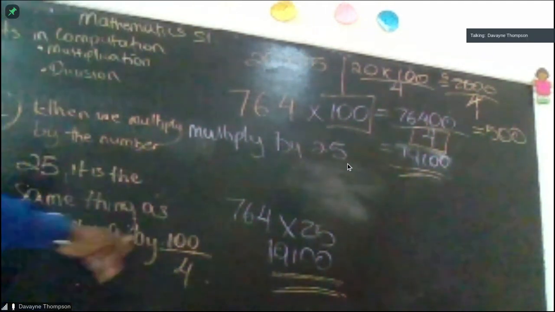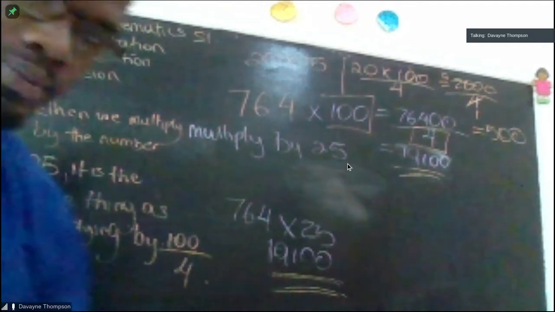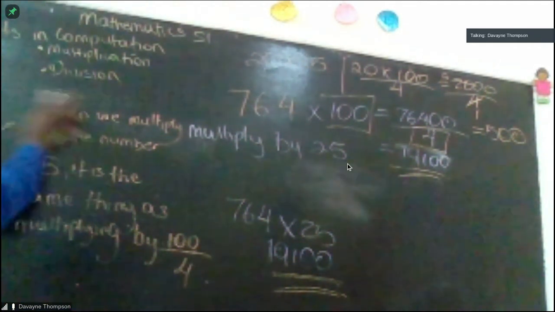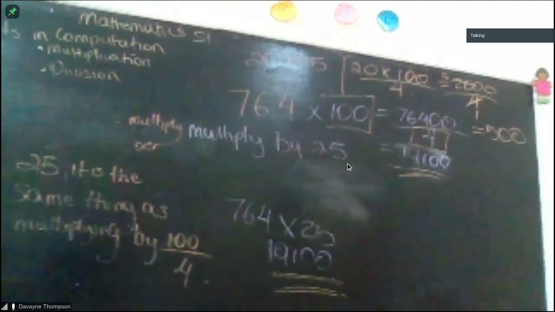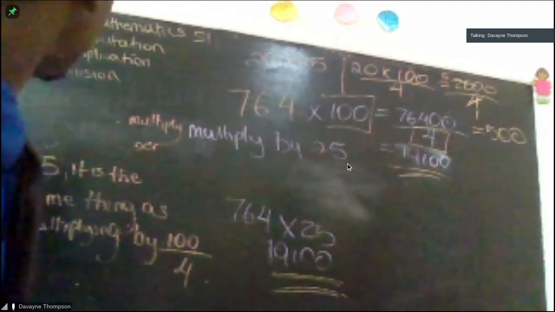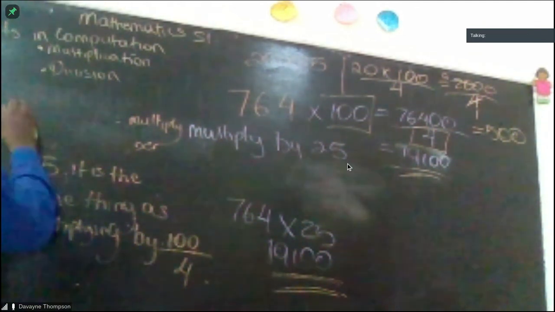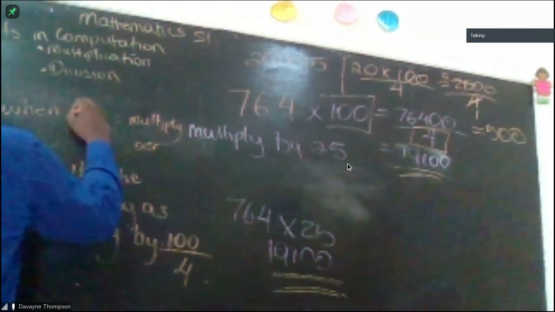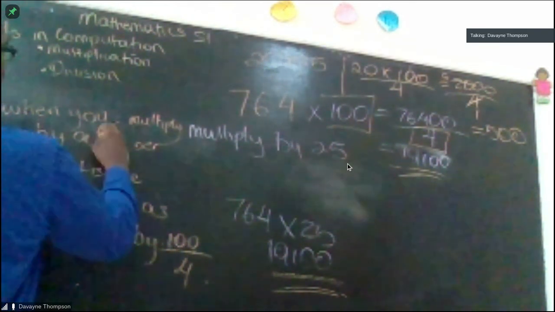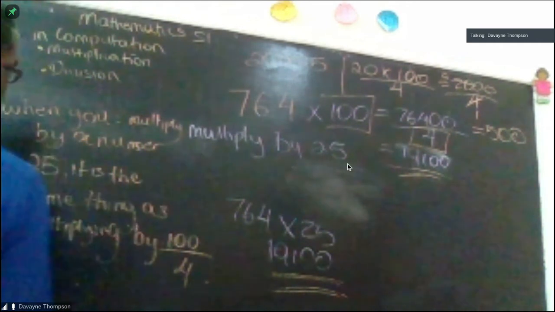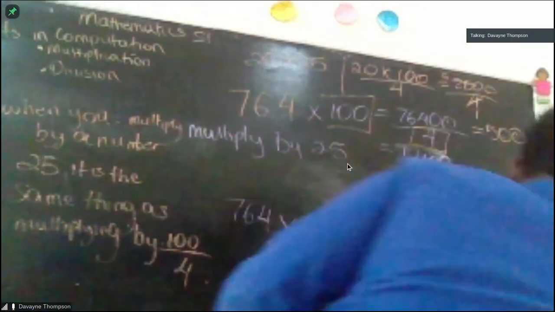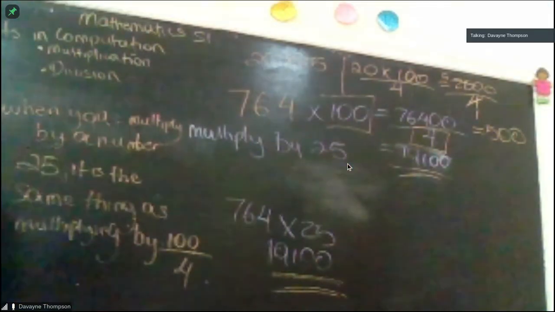Can I erase the board? Alright, let me take a picture of the board. One second. Let me rewrite this. So this was the first rule. The second shortcut: when you multiply by a number,